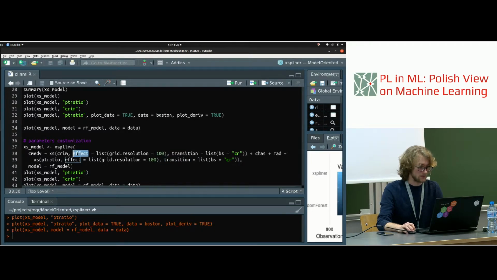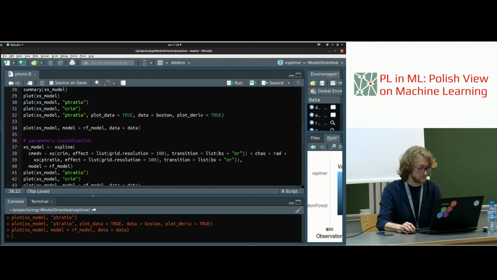The parameter effect allows you to pass the specific parameters that are used in, for example, calculating PDP or calculating ALE. Over here, we will extend the grid for the PDP to 100, just specifying it as a list of parameters